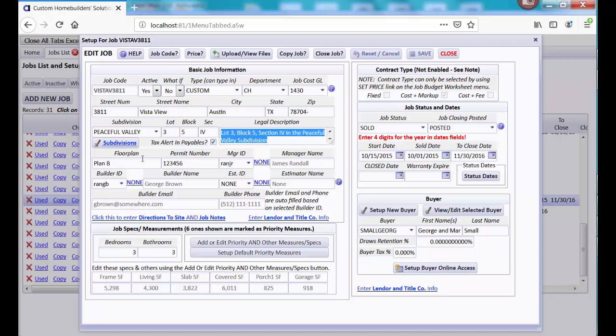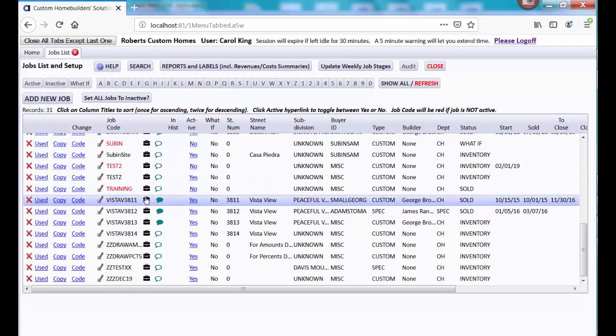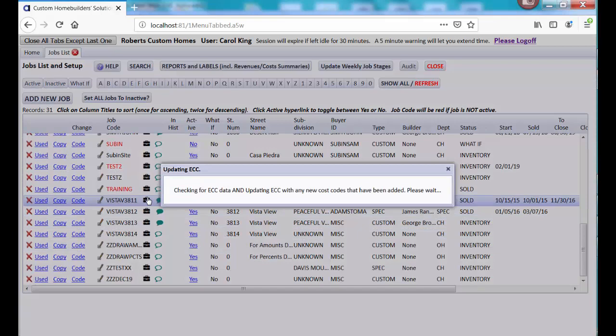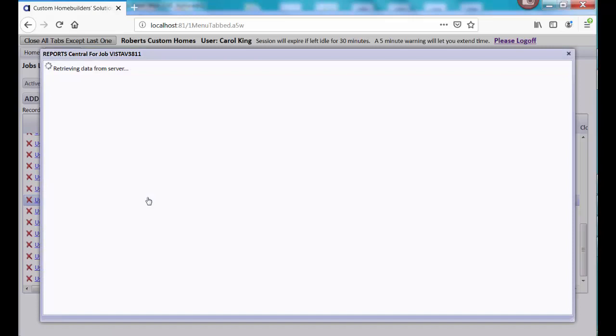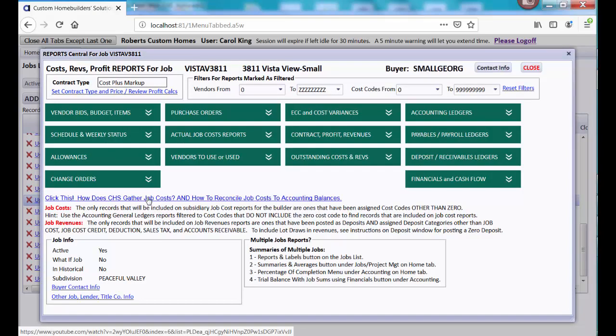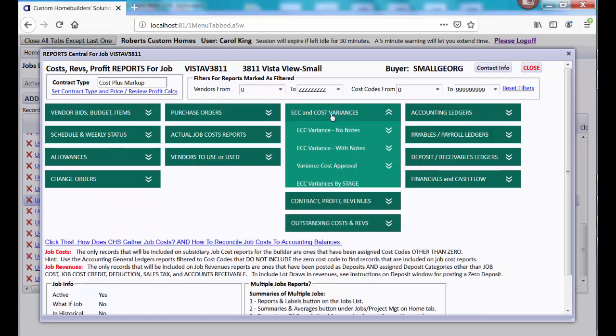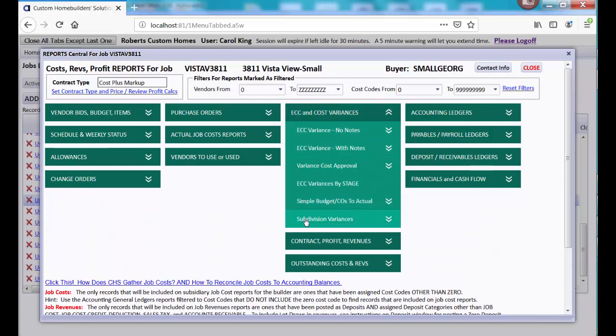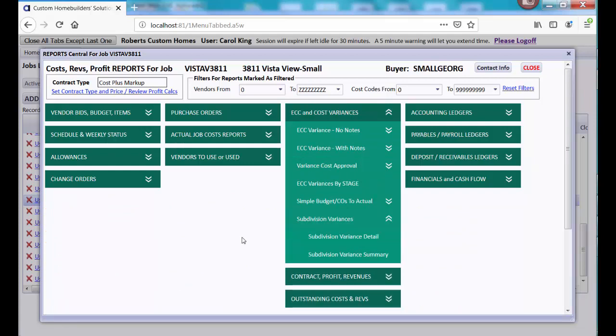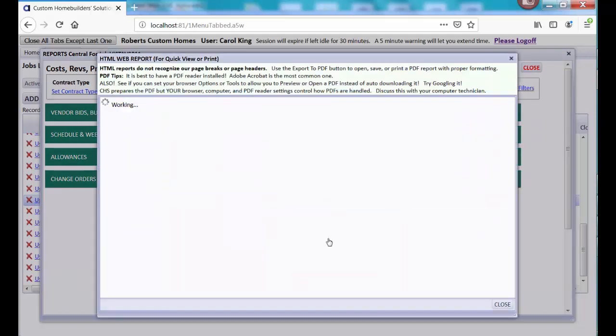Now, these fields here, I wanted to show you something about subdivisions before we get too far away from that. Notice that right here on the line is a little briefcase, and what that is, it's going to open Job Reports Central for that job. So the selections on this window that's going to open will only be for reports, not for doing work, but for reports. And notice that we have cost variance reports, and when I expand that, you're going to see that there are some subdivision variance reports. There's one that's with detail,